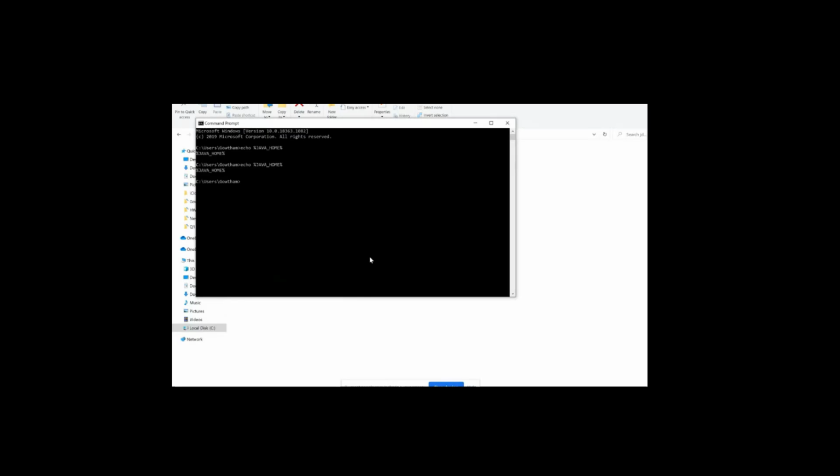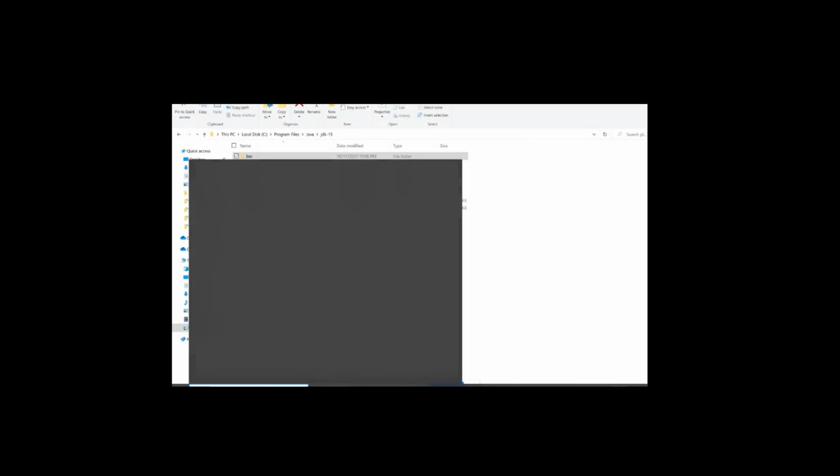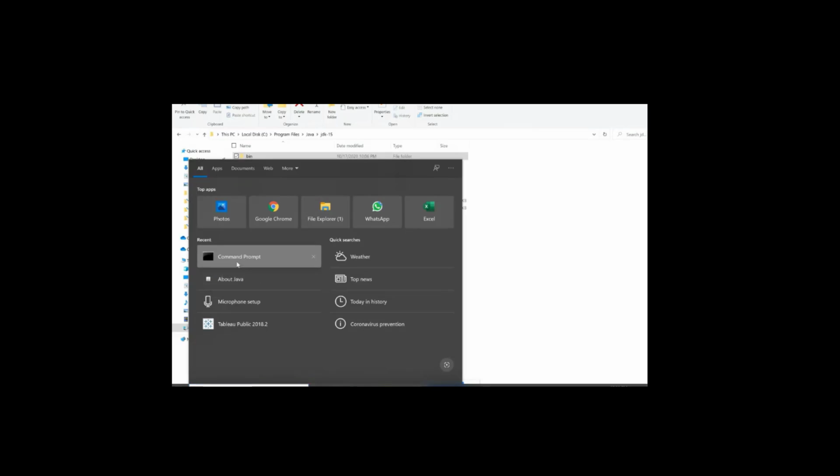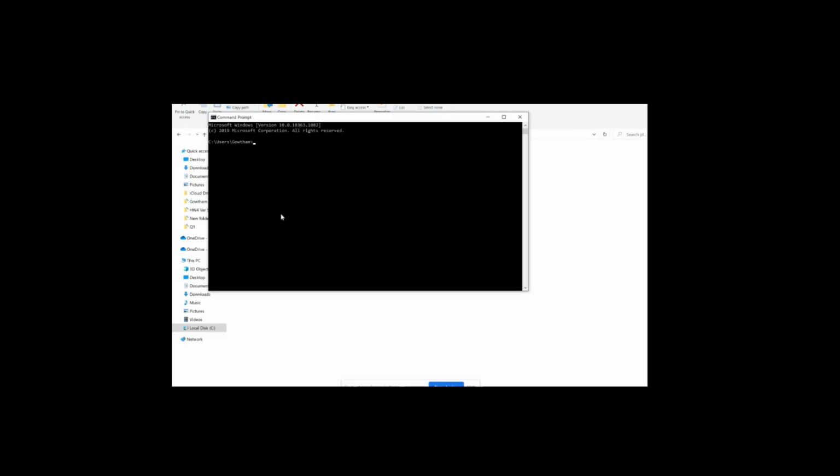Now just go to the command prompt. First close all your command prompts. Exit it. You type EXIT here or close it. Now again go to the command prompt. Now write echo, or you copy paste from what I have messaged you.